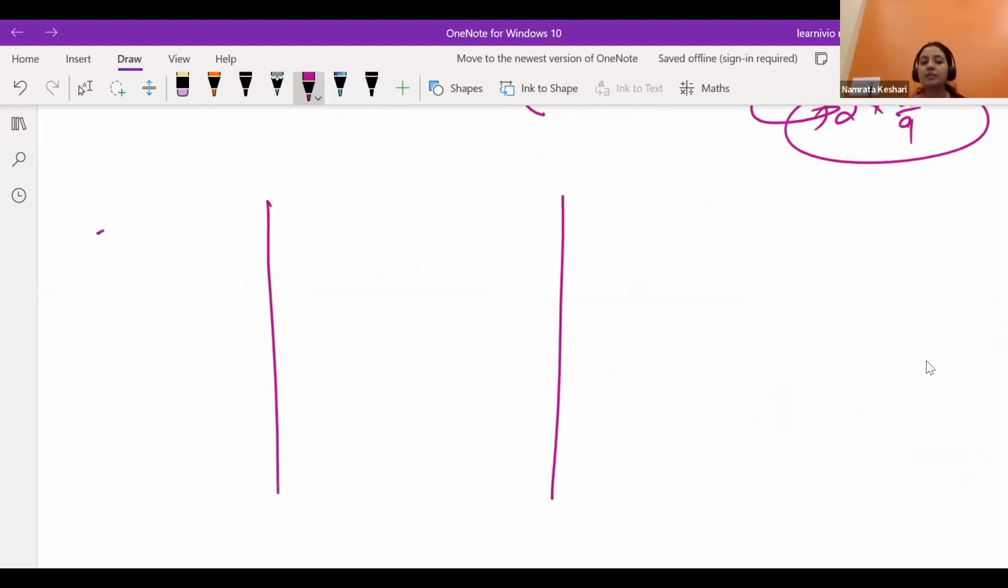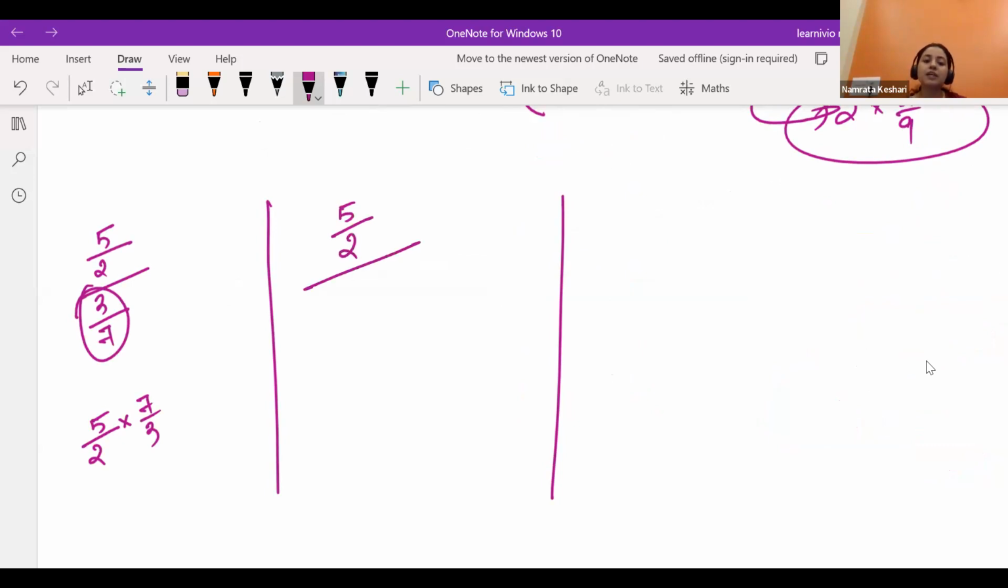Suppose we are having 5 by 2 by 3 by 7. If we have this type of fraction by fraction, then we can write it as 5 by 2 multiplied with the reciprocal of this fraction, that is 7 by 3. Right? Next, if we are having 5 by 2 by just 3,